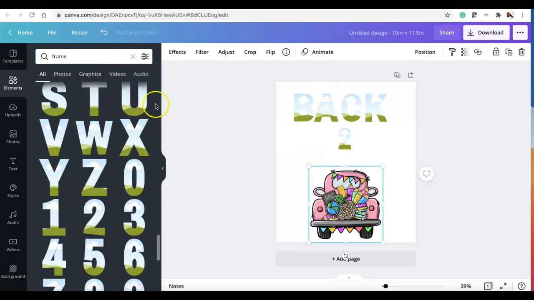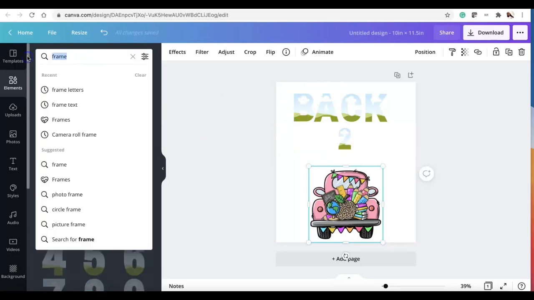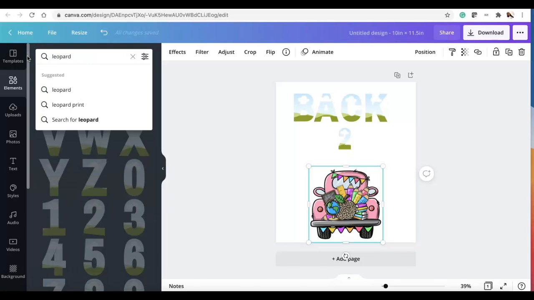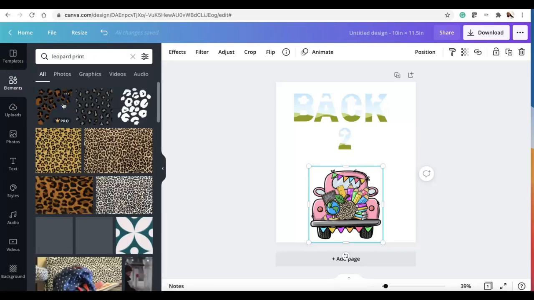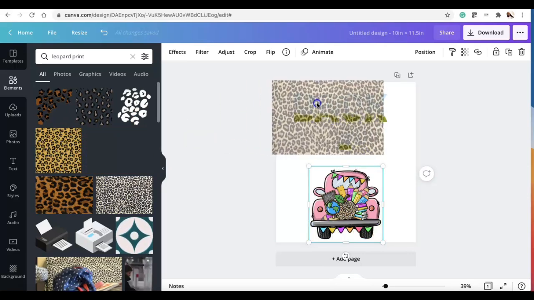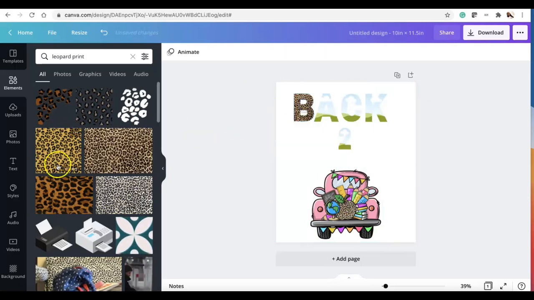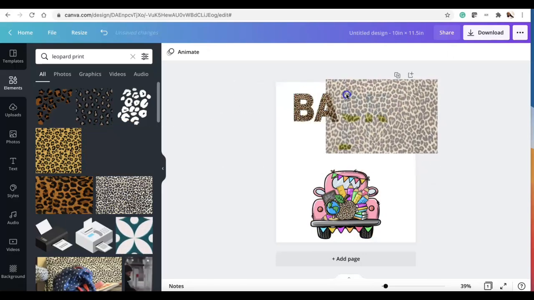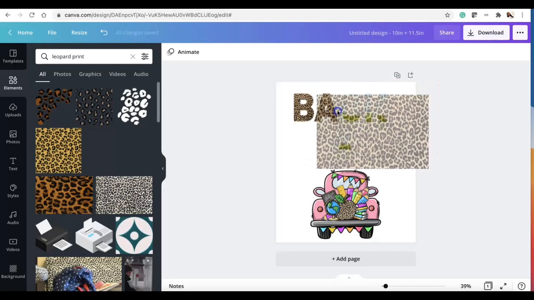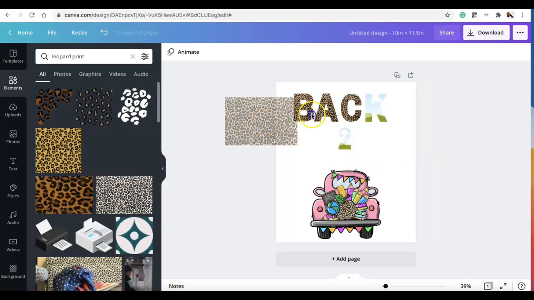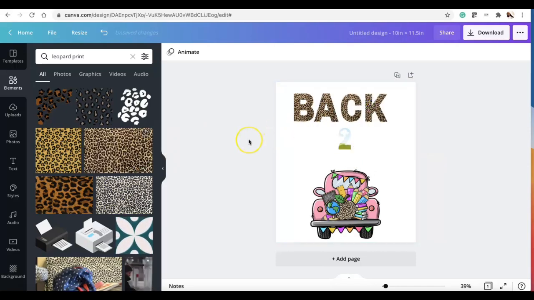So now I'm going to fill this in first just to see. Leopard print. And see which one I want. This one kind of matches this apple. You know, I would prefer this one. But I'll do the one that matches the apple, and I just hover over it. And that's when the game changed. It was actually a mistake, it going to the back. And I thought, I